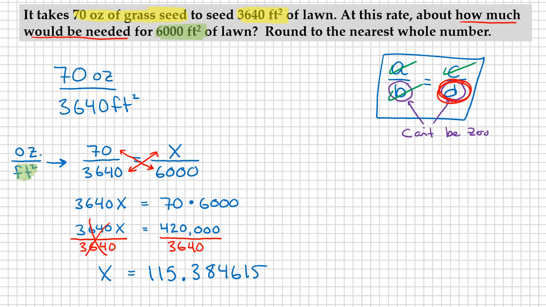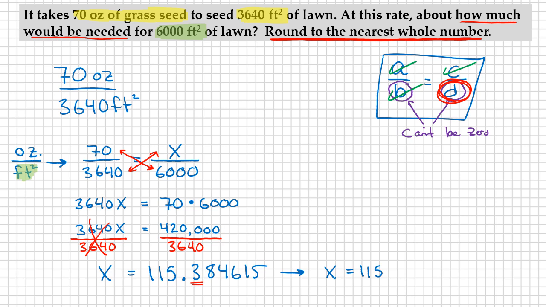Now we go back to the original problem: round to the nearest whole number. Round to the nearest whole number. So that first decimal place is a 3, which means we don't round up. So our answer here would be x is equal to